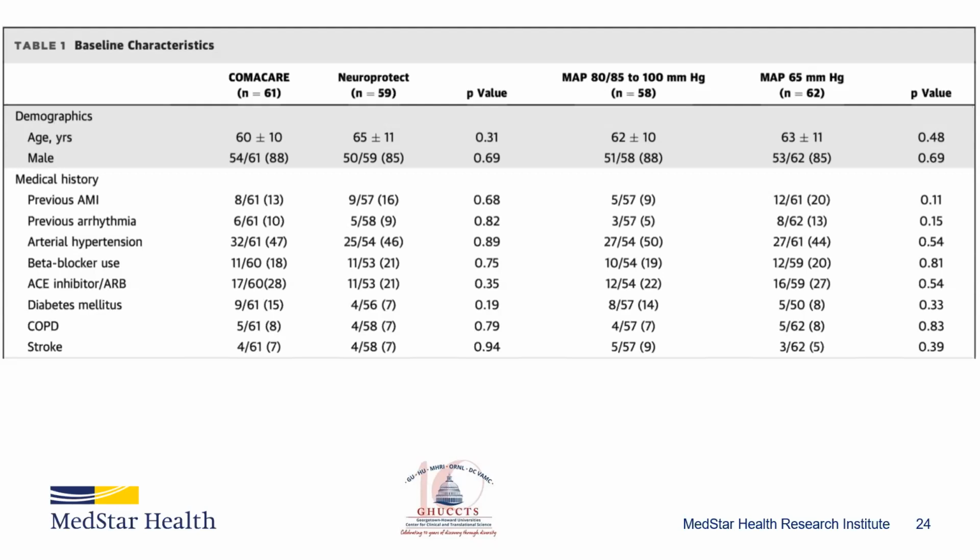You can see here, though, that, for example, on medical history of previous AMI, they have 9% in one group and 20% in the other group. Well, that's not statistically significant, but that's kind of a big difference there. So that might be a problem in our conclusions. Anyway,